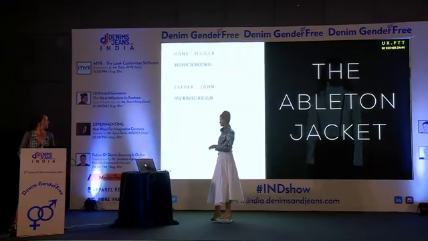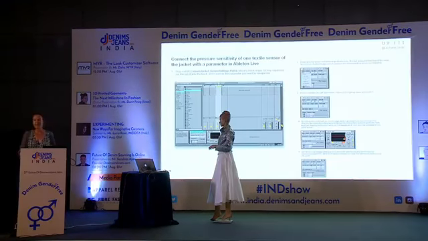Here you can see the interface of the software where the jacket is connected. It's professional producer and DJ software, and you can control it via the sensors you see on the jacket. There are 6 sensors on the jacket, and you can give them any control you like: playing some loops, playing some beat or melody, or giving a sound effect to it.